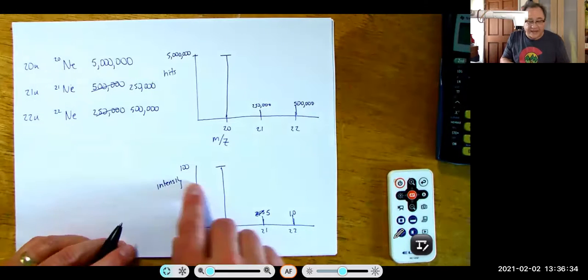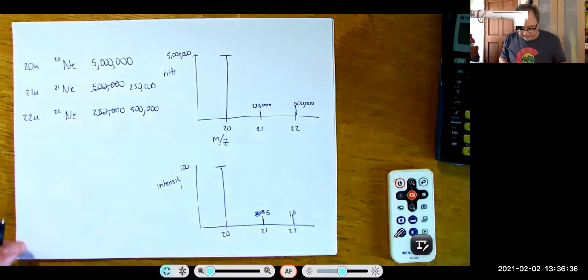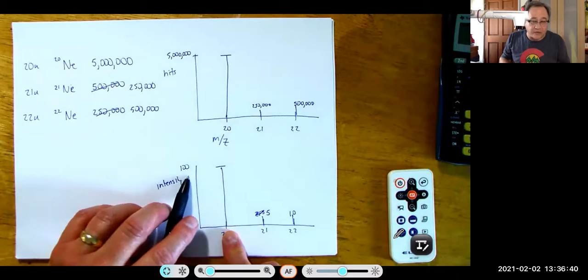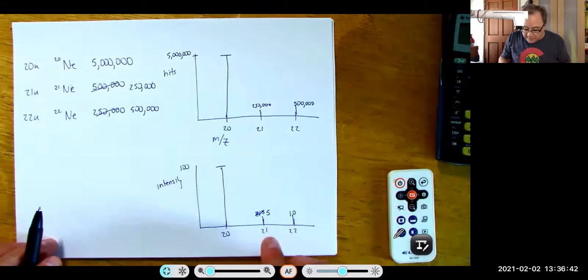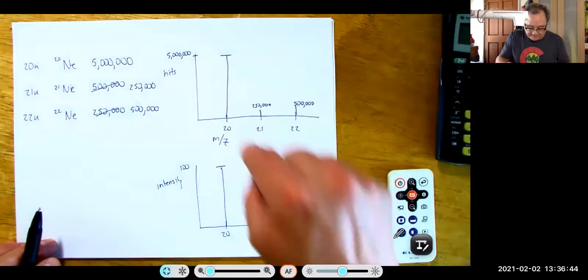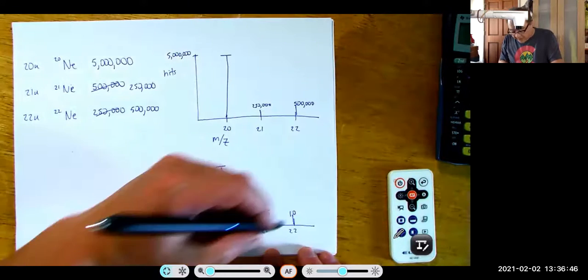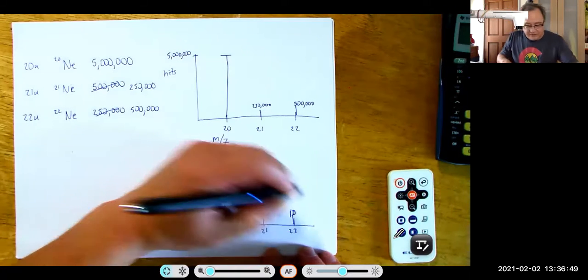They report numbers like that. And what this means is that your biggest peak is arbitrarily given the value of 100, and every other peak is proportional to that. Because when you're plotting this data, you don't want to work with numbers like 5 million,